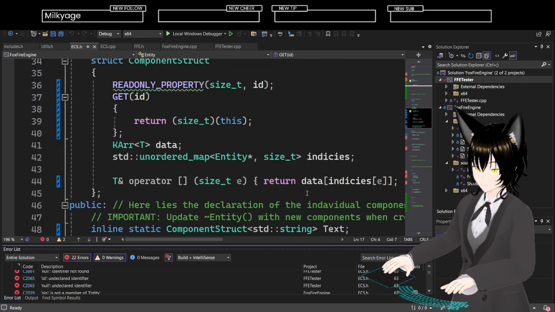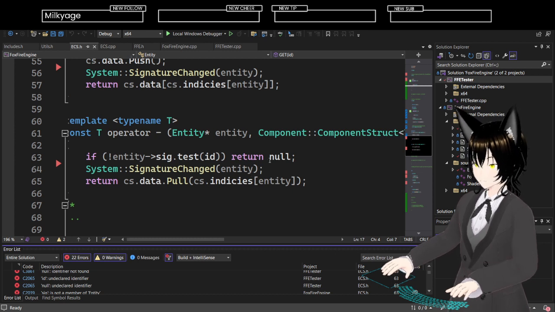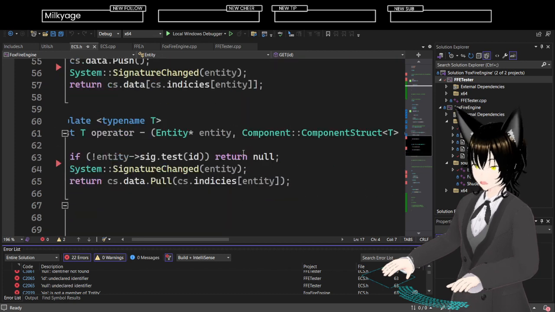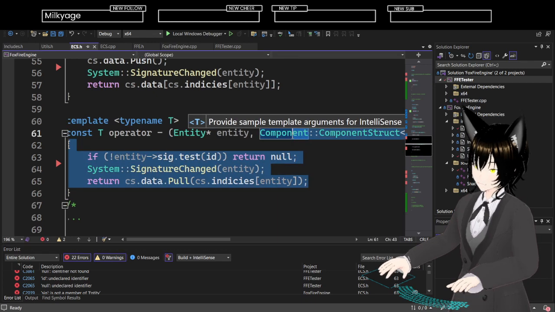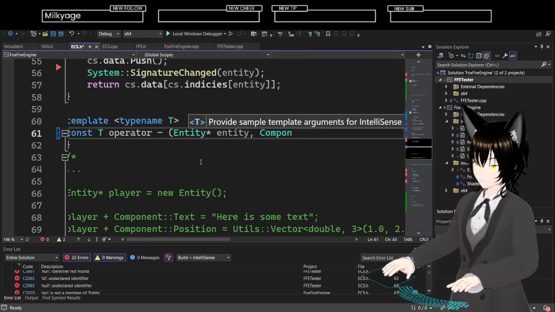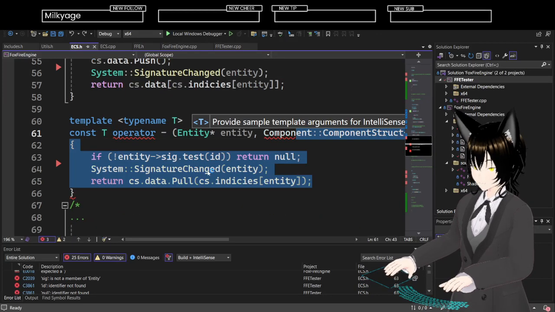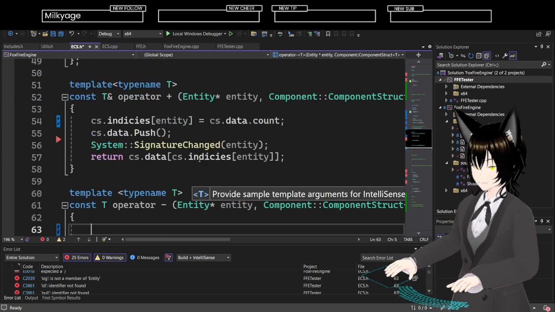Line 63. Good God. Yeah, all of these need to be just deleted. Control Z. Yeah, that's just bad.